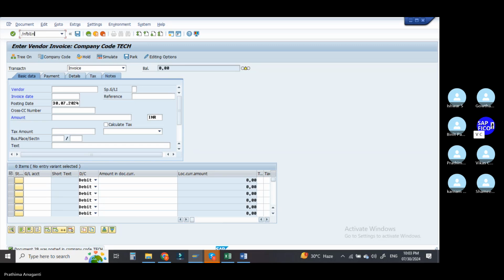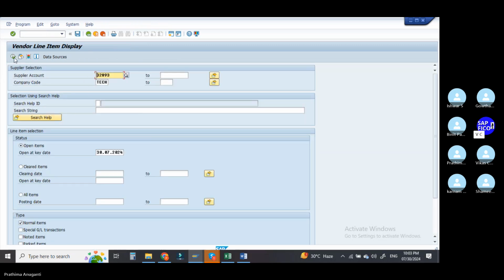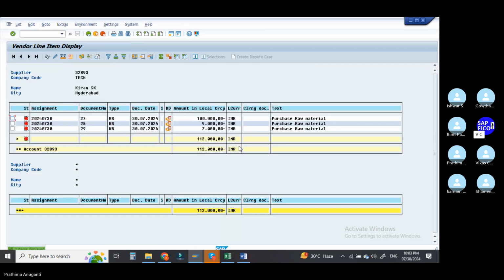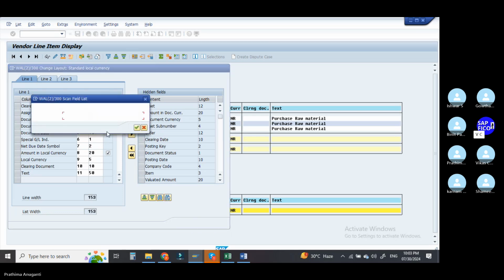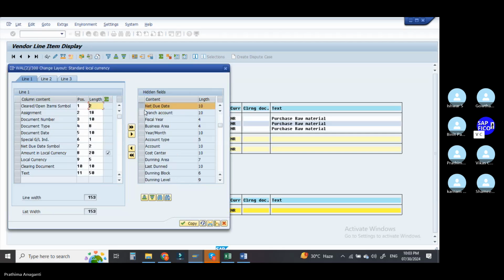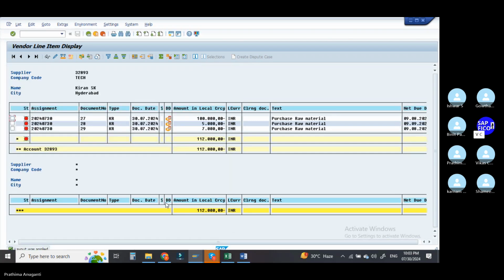Go to the transaction code FBL1N. Go to the continue option and go to change layout. So for this 7,000 rupees, what is the net due date, all of you? 09.08.2024. Okay. Why? Because we have already changed the date based on the baseline date only. So it is going to calculate the things 09.08.2024. Okay,